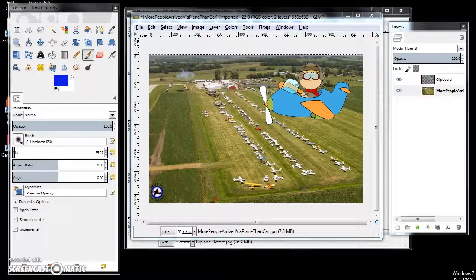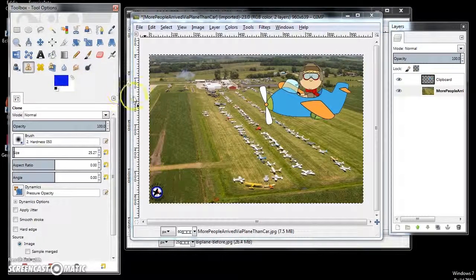One more feature I'd like to mention, and that is Clone Stamp. Clone Stamp is a very useful feature that allows you to fill one section of an image with the contents of another. It sounds kind of complicated, but it's pretty simple. Here, let's do an example. Let's say that we wanted to make it appear that there's more planes that arrive for this air show. So I can copy the contents of some of the planes over here to this empty section of the parking lot over here. And so to do that, I'm going to select the Clone Stamp tool,